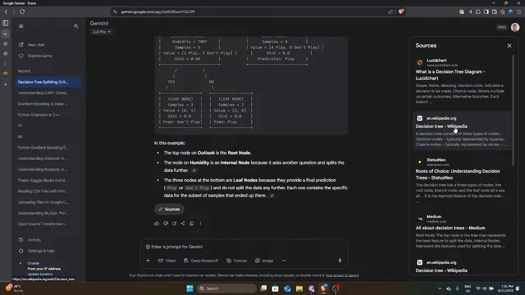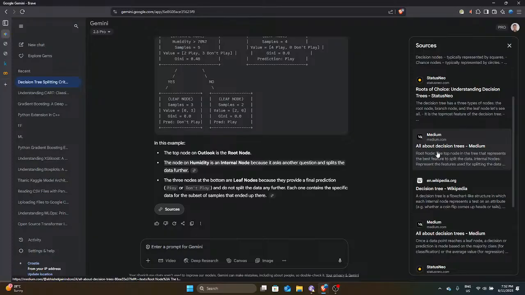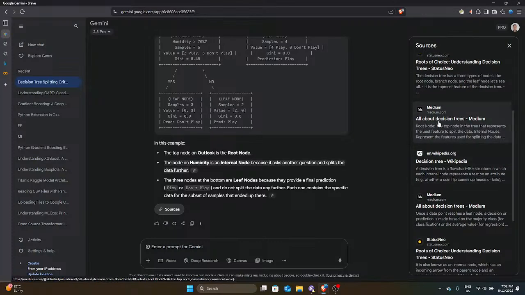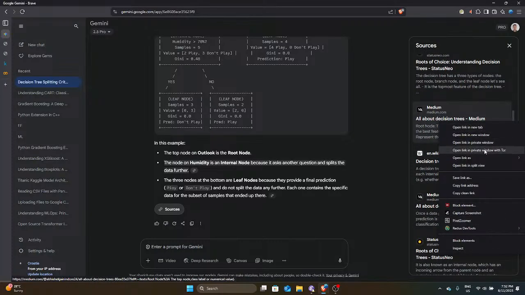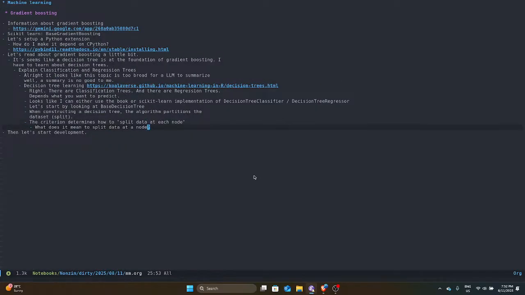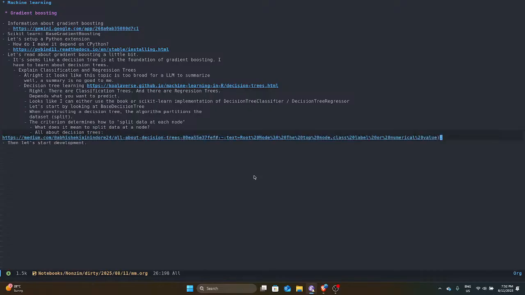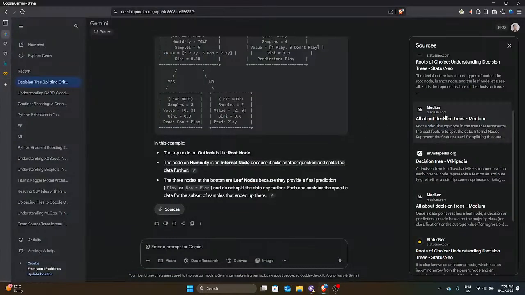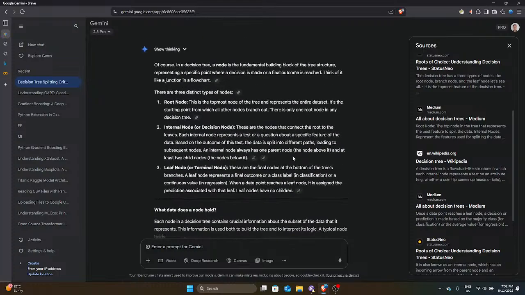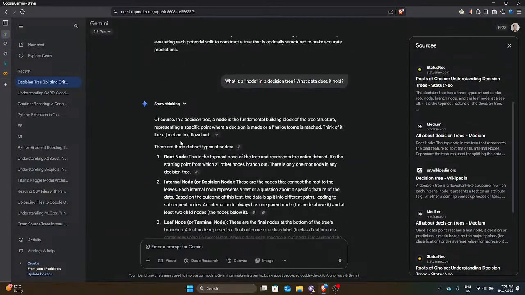Lucidchart. Decision tree. Oh, maybe I should. All about decision trees. That sounds really good. Let's copy this link. All about decision trees. Well, that's a long URL. What the hell? Remove the text. Okay. I should read that. I don't know anything about